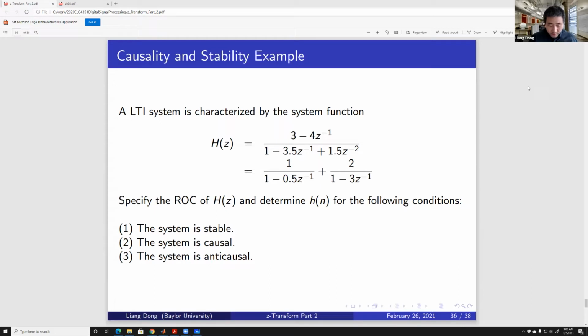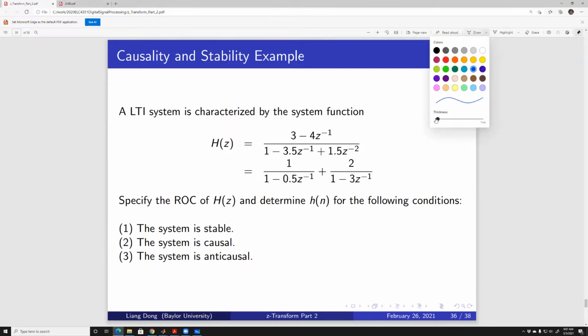This system function is in a rational format because it's an LTI system. We got a numerator and denominator, both polynomials in the variable z or z to the power -1. Conventionally we like to use z to the power -1 because it's easy to transfer back to the time domain. Anyways, we want to specify the region of convergence of H(z)